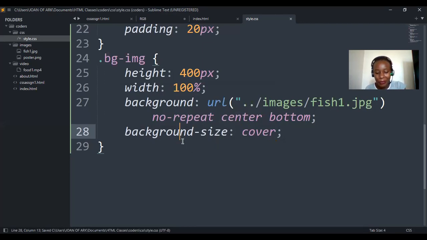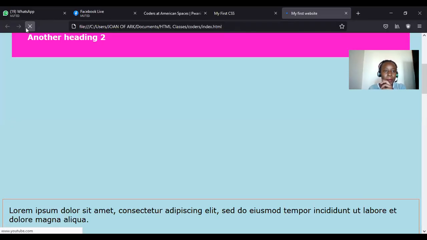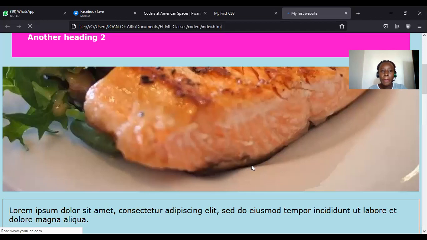Like it is not in the shorthand, but shorthand has those 5. You start with color, image, repeat, attachment, and position. Then when you save that and refresh, you'll be able to see your image. Yeah. So